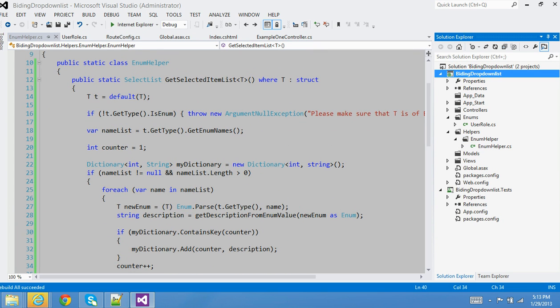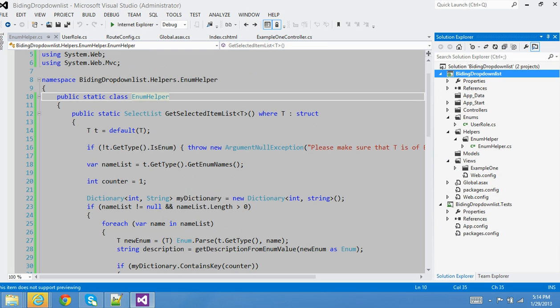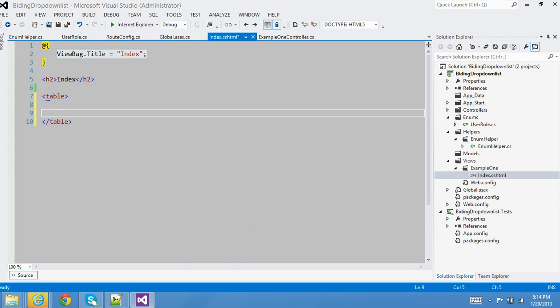Let's build. Okay, so now what I'm gonna do is something like this. I'm gonna go into my view, which is where's my view? It's my default. This is the only view that I have in the index method right here. And let's say I'm gonna create a little markup here. Well, I don't really have to do a table, but I just